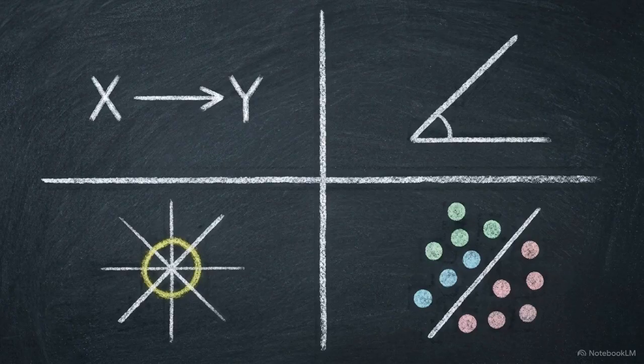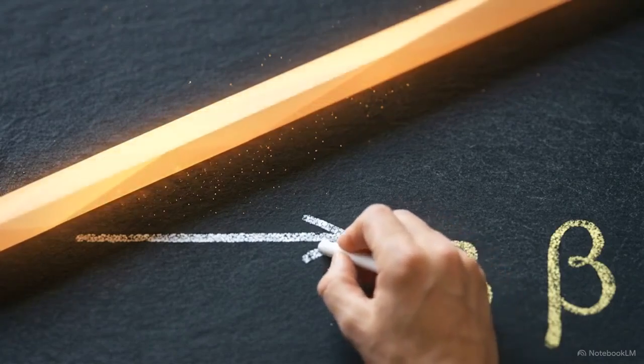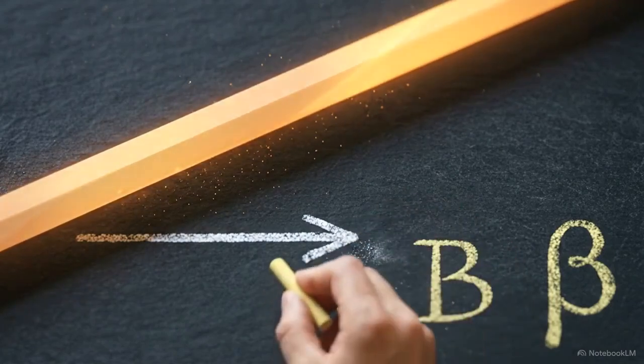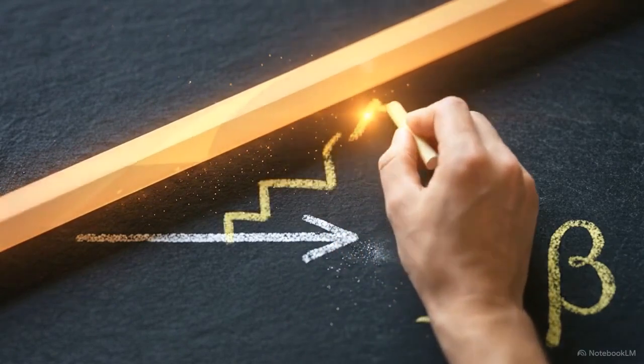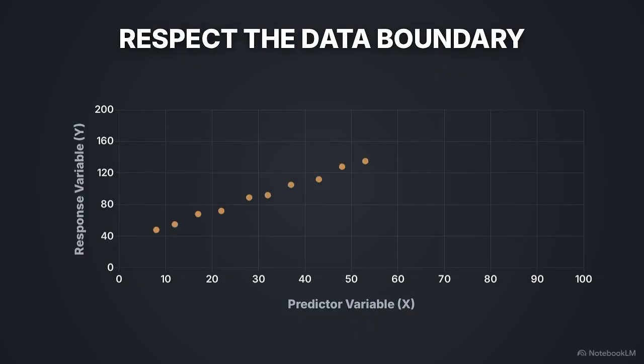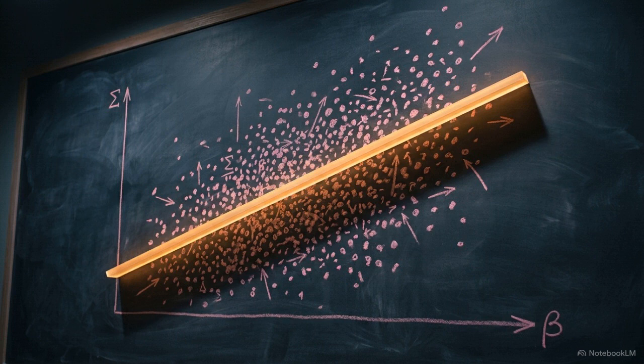To summarize, we identify an independent predictor, x, to estimate a continuous numerical response, y. The true skill in analysis is interpreting the exact rate of change, the slope, and the baseline starting point, the intercept, within the data's physical context. Always verify the model's reliability using R² and respect the boundary limits on the data to avoid extrapolation. Linear regression provides a highly structured framework for translating chaotic data trends into actionable